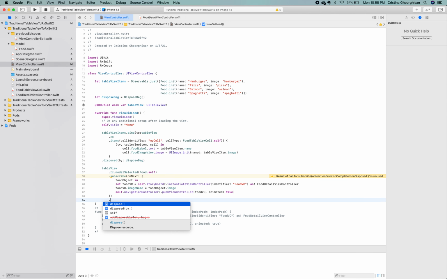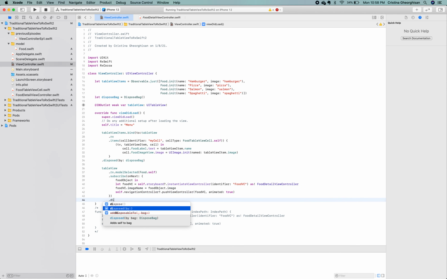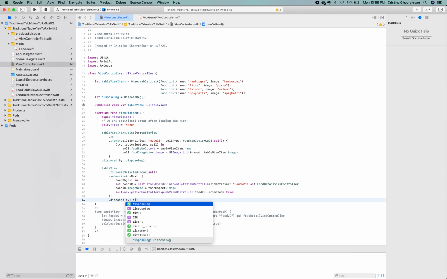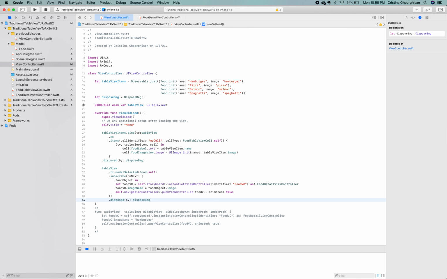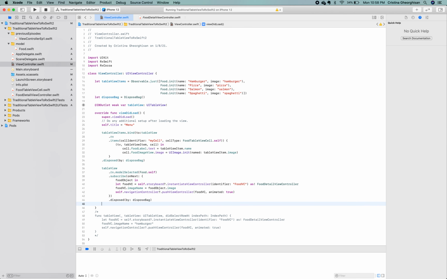And finally, we take care of the memory management with the aid of our disposable bag. Cool! The compiler is happy, and our reactive implementation is now ready.